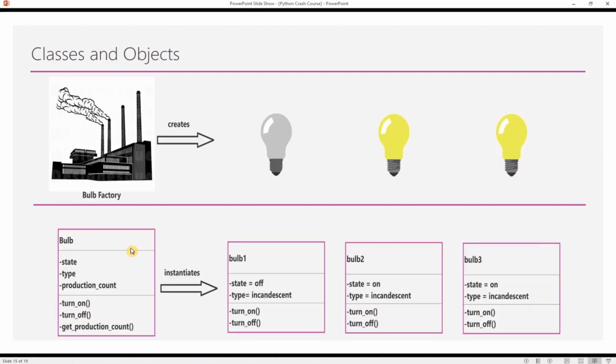To better understand the concepts of classes and objects, this illustration will help demonstrate it to you. Take the analogy of the bulb factory from the real world that manufactures and produces bulbs for its consumers. Once produced and delivered, each bulb manages its own life cycle independent of others. So it will never be the case that switching one bulb off is going to switch the other bulbs off too. So the state of each bulb is managed